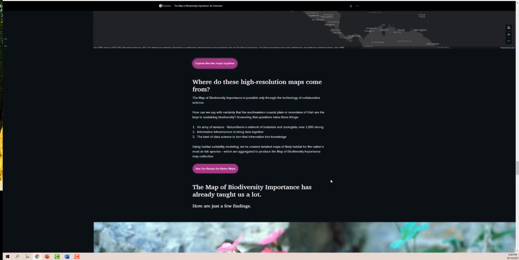So where do these high resolution maps come from? There is an army of sensors that are being managed by NatureServe's network of botanists and zoologists. There are over 1,000 that are collecting data. And the information infrastructure brings the data together, and the best of data science turns that information into knowledge. And this allows us to say with certainty that the southeastern coastal plain or the mountains of Utah are keys